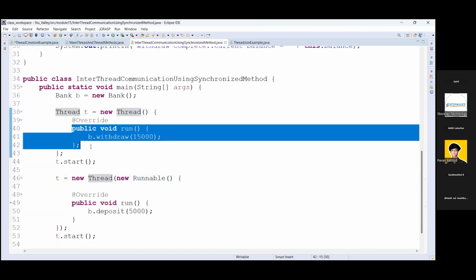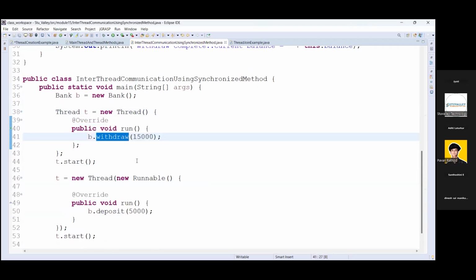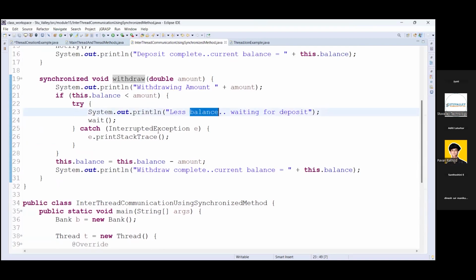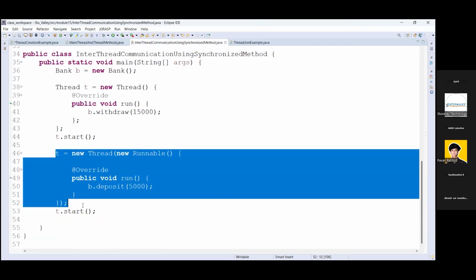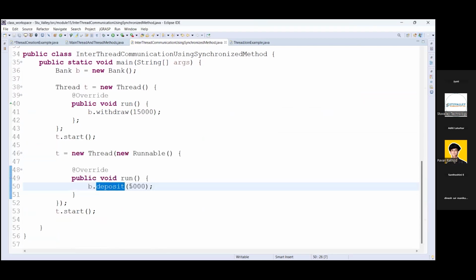Now, when it goes to the withdraw method, it will be in the waiting state because our balance is less, and it will wait until this thread execution is completed. That means deposit is completed, and then it will notify that my deposit is completed and the amount is updated.